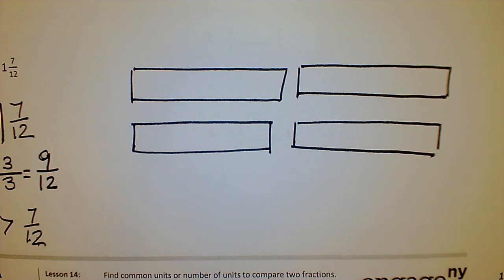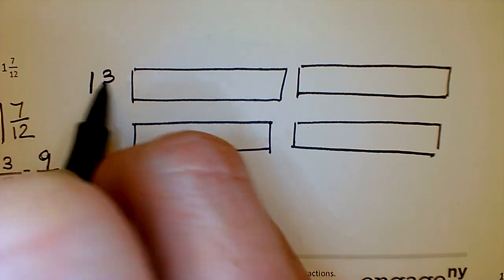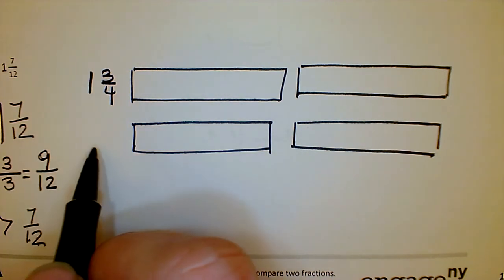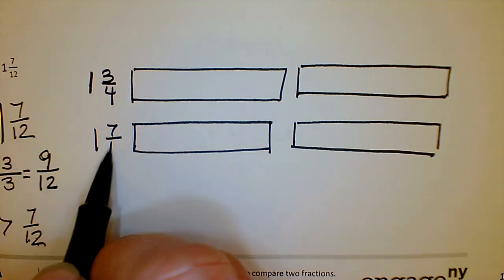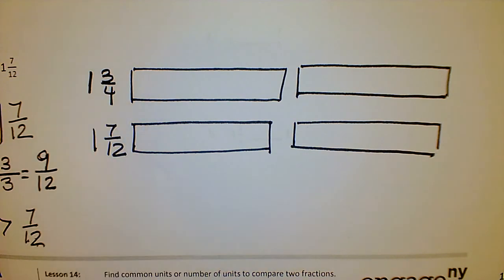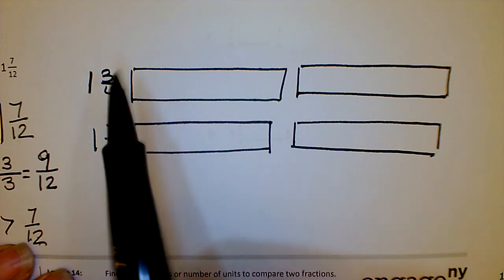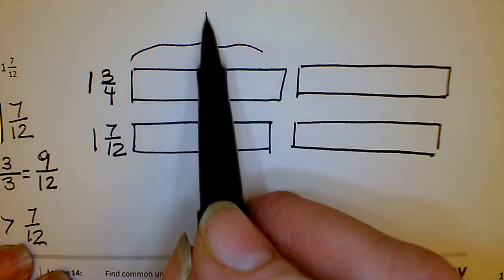Okay. So again, on top, I'm doing over here 1 and 3/4. And down here, I'm going to do 1 and 7/12. But remember, 3/4 is the same thing as 9/12. So first of all, I can just go ahead and I know that this whole thing is 1